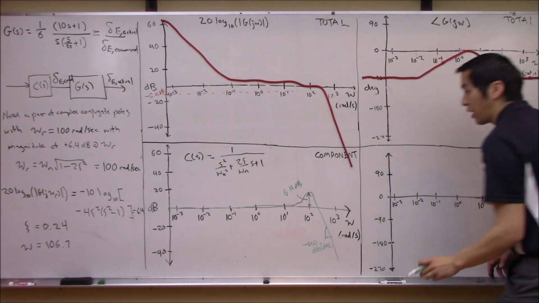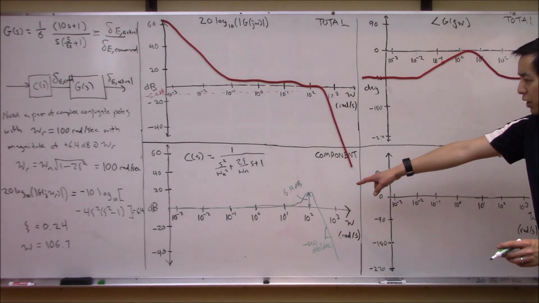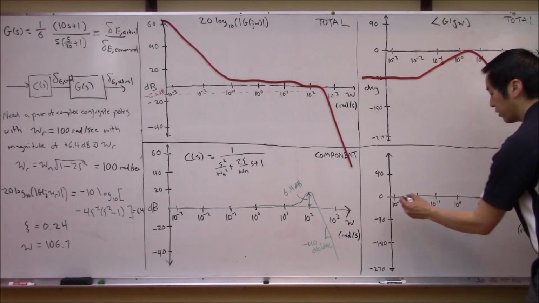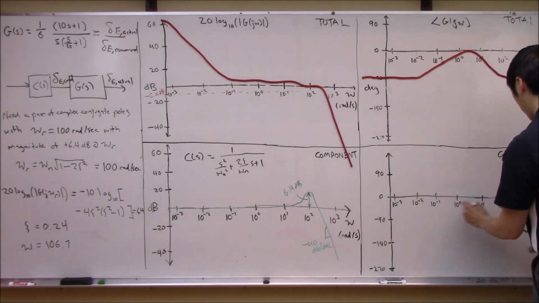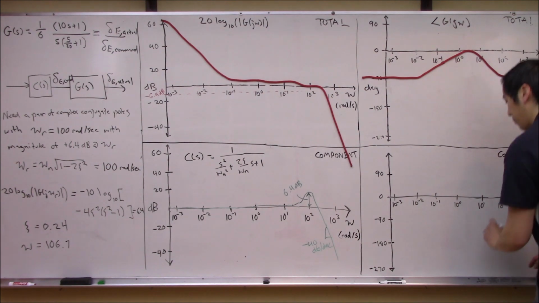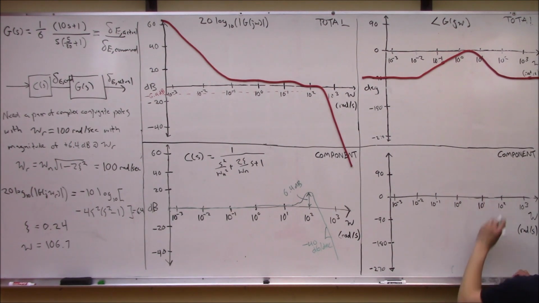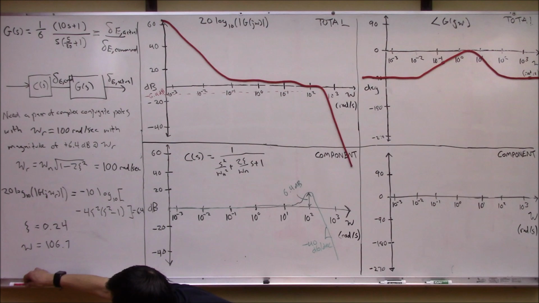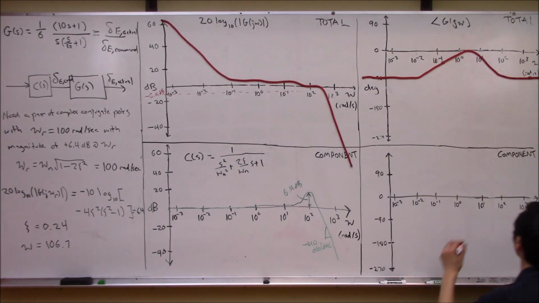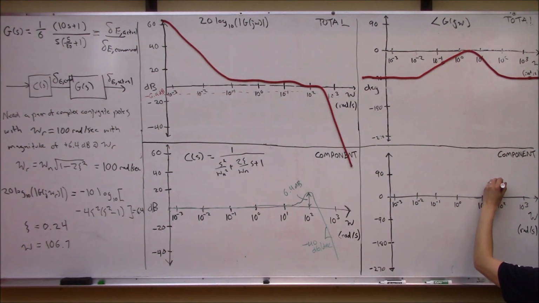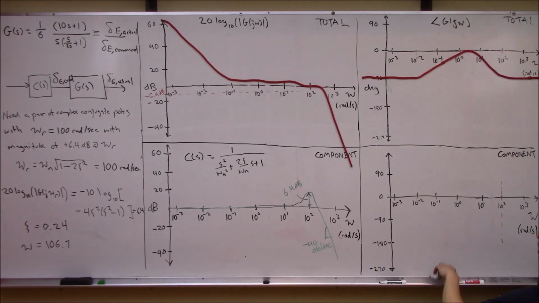So remember, the phase approximation for this pair of complex conjugate poles here is it should what? It should come here. Where's our natural frequency? Right here. Maybe let's use the same color we were using earlier, which was red here. So here's our natural frequency of 100 radians per second. So it's going to stay here at 0, 0, 0, 0 until 1 decade before, and then we're going to actually end up losing 180 degrees over the course of 2 decades. So we'll do this,